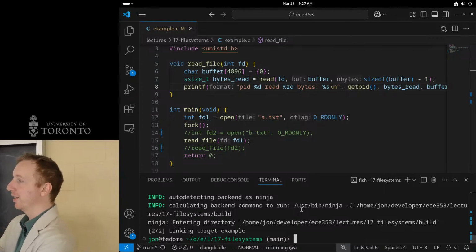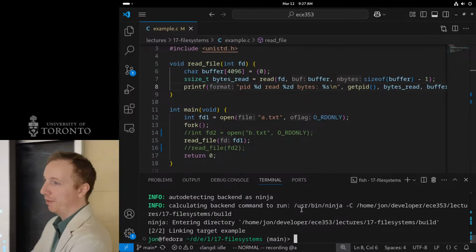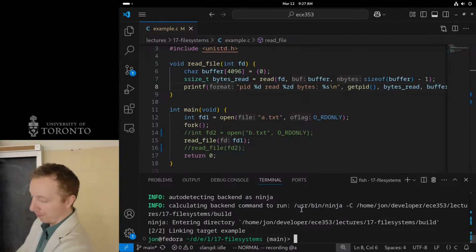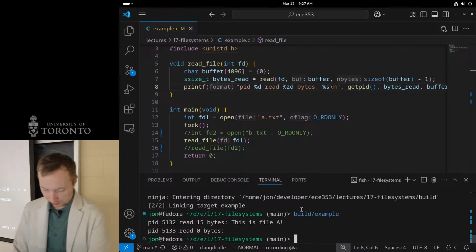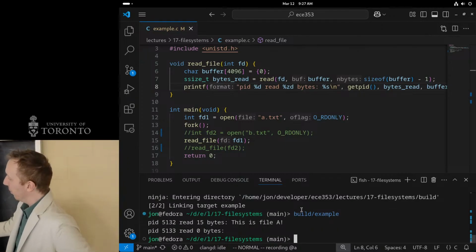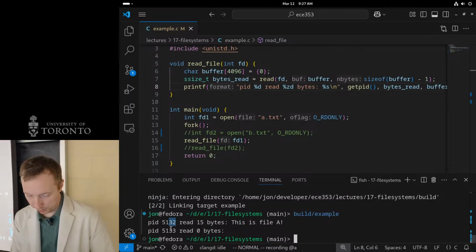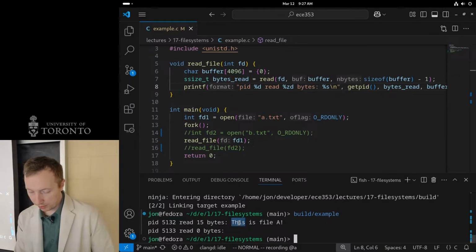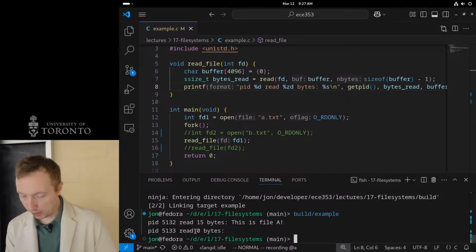The other way around could happen too, right? Process 2 could read all the bytes of the file, then process 1 gets nothing. So in this case, if I run it, I see that yes, indeed, one process, in this case 32 and 33, only one process read all the bytes, which is the contents of file A, and the other one read nothing